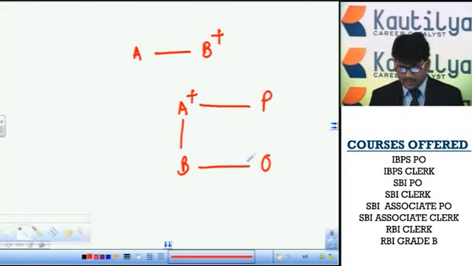A is a parent of B. In the parent direction, a plus means a male person, so A is the father of B, and B is an offspring of A. Offspring means the person is a son or daughter, but since we don't know the gender of B, we have to take B as a son or daughter of A.